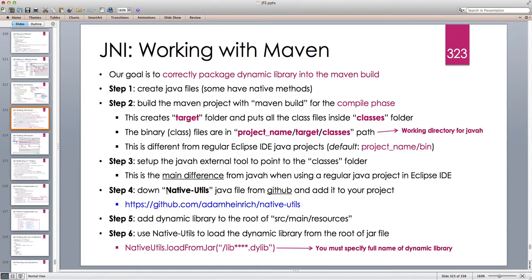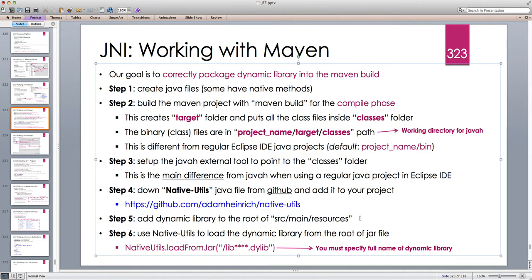And then we said that if we put a dynamic library inside the jar, the JVM cannot load it, because the dynamic library should be inside a folder, not a zip file, because jar files are basically a zip file. In order to be able to actually load the dynamic library, we use this native utils class, which is a simple Java file in this GitHub repository, github.com/adamheinrich/native-utils. I always include this; it's a simple Java file, and you can download it, copy and paste it to your Java project. And then after you add your dynamic library to the root of src/main/resources, right,